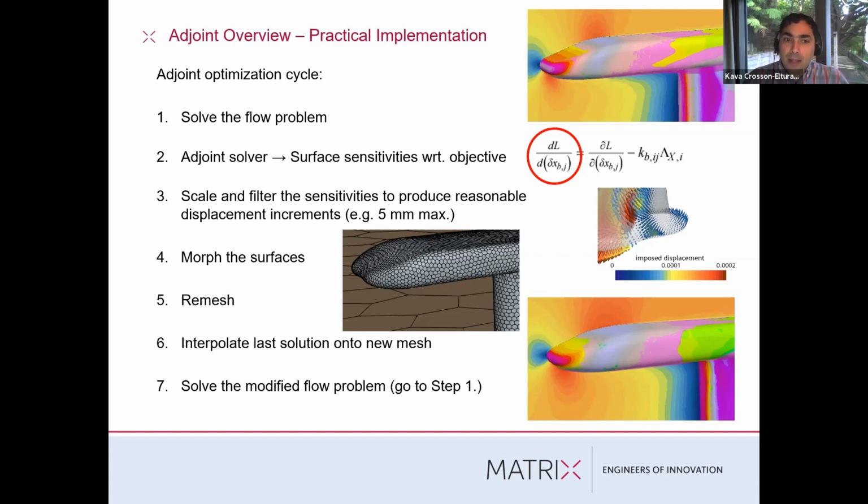And then you scale and filter those sensitivities into displacements. You might want to limit them to some percentage of the scale of the structure. For example, if I've got a 500 millimeter wide structure, I might want to limit the displacement increment to 1 to 2 millimeters per cycle, because if you go too far, you can imagine it getting a bit unstable or overshooting